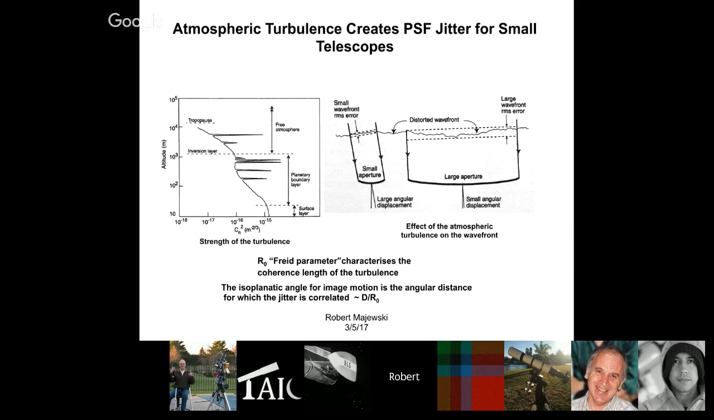Now it has two big effects that we're worried about. One is wavefront error, RMS wavefront error, and what you'll see is here's a small telescope and a bigger one. So think maybe 3 inches and 12 inches or something like that. And so what it's telling you is in a small telescope, for example, in a 3-inch telescope, what you're going to see is